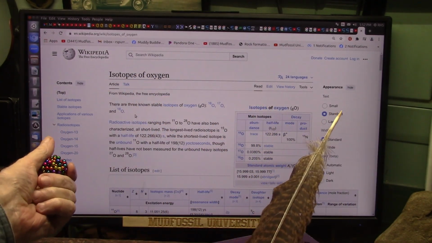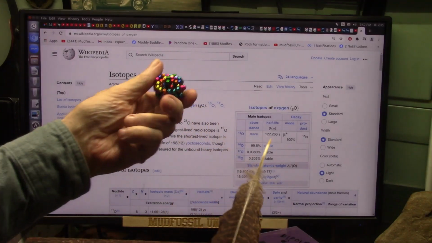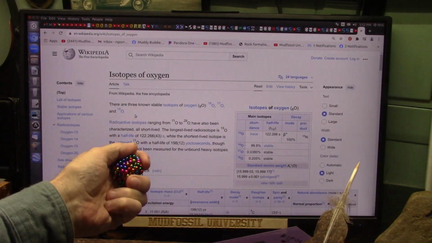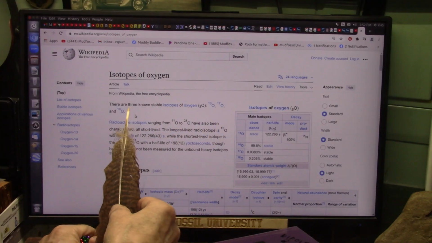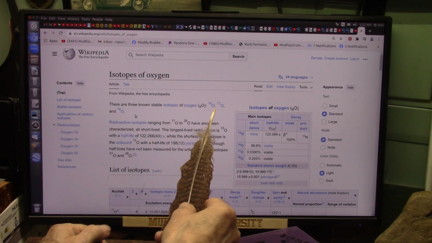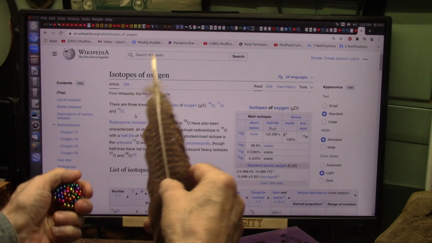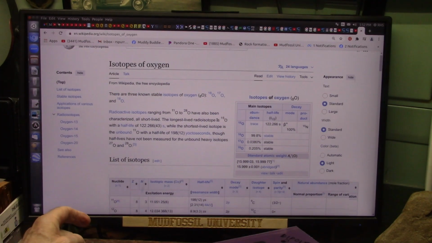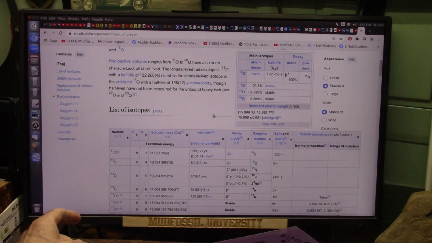Well, what does that mean, isotopes of oxygen? Oxygen is supposed to be just oxygen, right? No, it's not. There's all kinds of oxygens. There's only 3 known stable ones, which is oxygen 16, 17, and 18. What does that mean, 16, 17, and 18? Here's the deal with